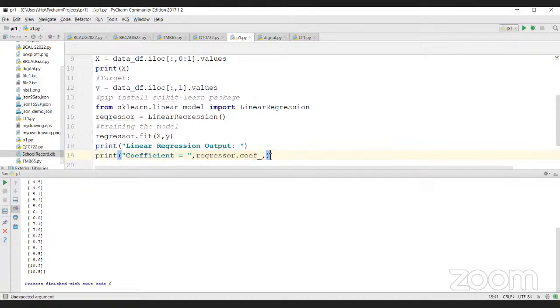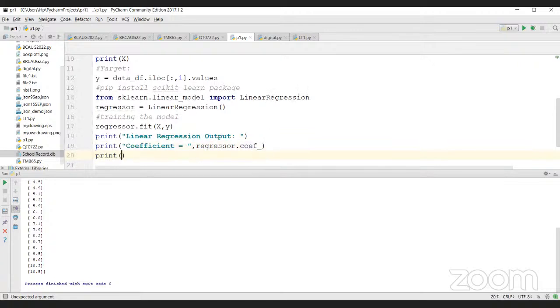Coefficient equal to regressor dot coefficient, okay, and your constant, here I'm going to say slope, coefficient slash slope, okay, constant equal to regressor dot intercept, right? We call that an intercept as well, isn't it? Intercept slash constant. Okay,